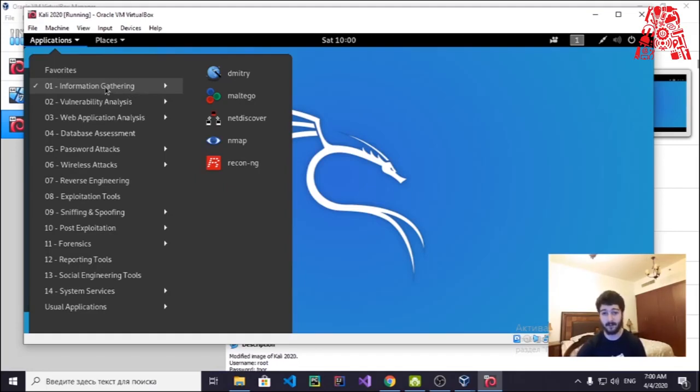There are information gathering tools that you can use to gather information about a website, and NetDiscover and Nmap are just two tools for discovering nodes connected to your network. So what phone, computer is connected to your network, what's their IP address, what's the traffic they are flowing, what are the ports they have, what are the open ports, filtered ports, etc. Vulnerability analysis, web application, password attacks used for cracking passwords, a very cool attack, wireless attacks that are used for